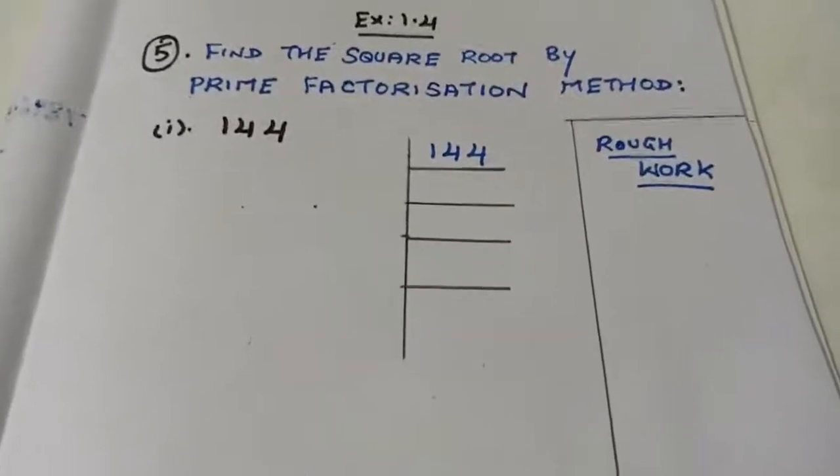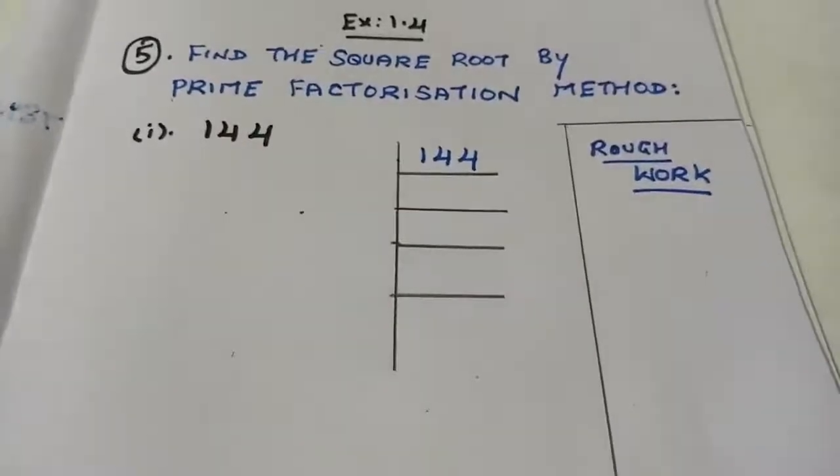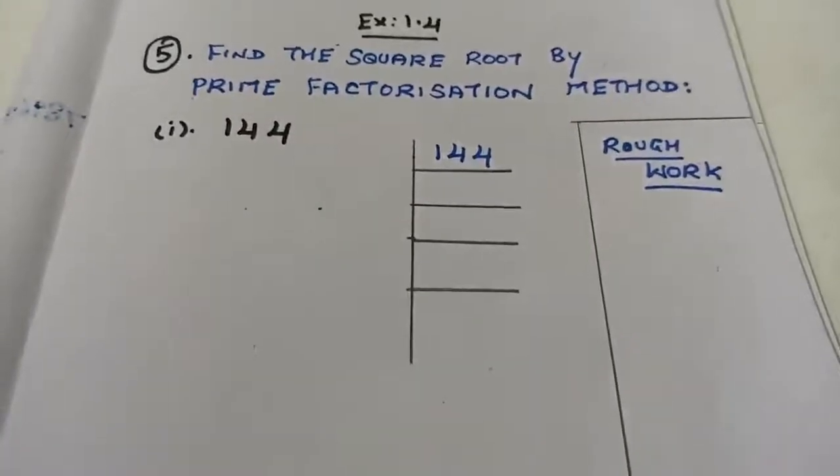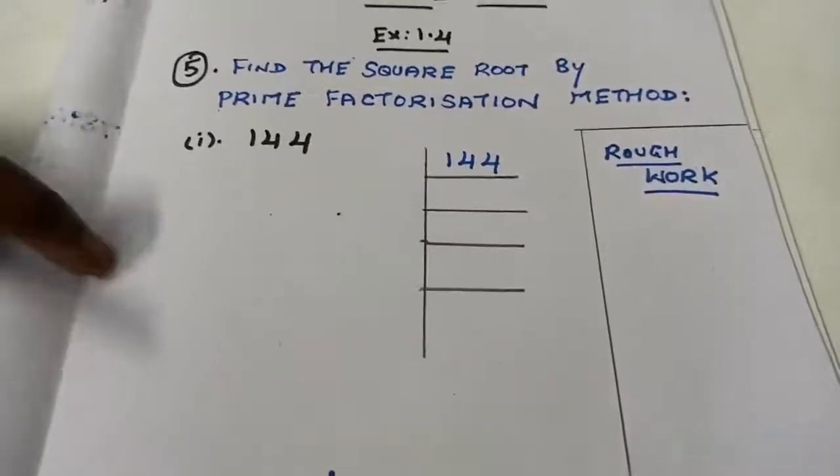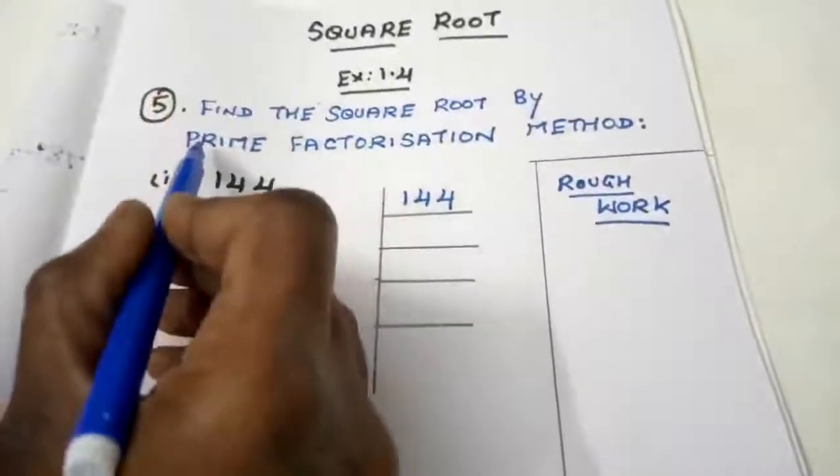Students, now we are going to see about the square root, how to find a square root by prime factorization method. I will tell you step by step. First, what is the meaning of prime? The meaning of prime is,